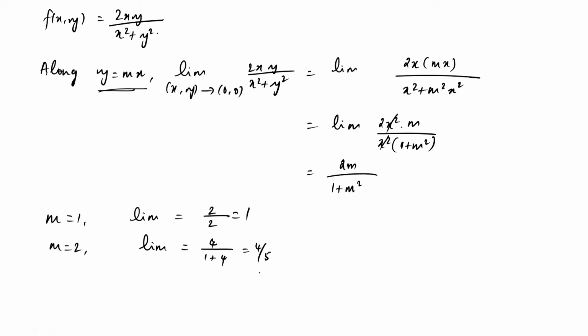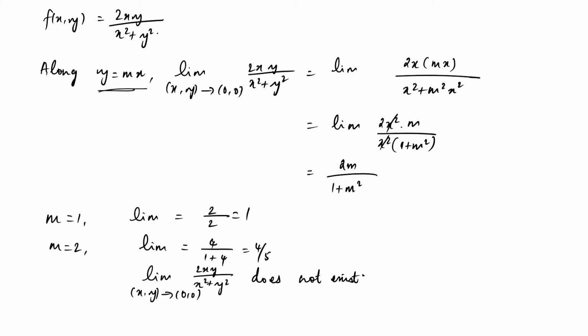So here you may very well see that if I travel along two different paths, I am getting two different limits. Now what can we say about this? Any idea? This limit does not exist. Limit means whatever may be the path that you travel, you will have to reach the same destination. But if you travel along two different paths, you are going to two different destinations, even though they are finite values. Here, even though they are finite values, they are different. So we say the limit does not exist.